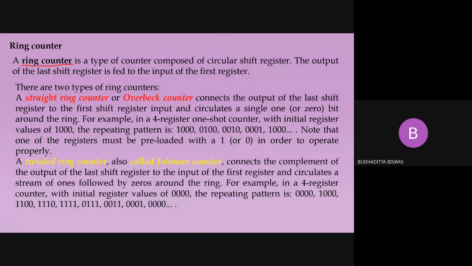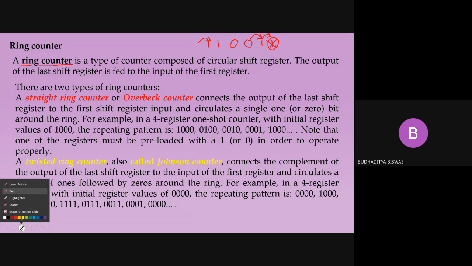Suppose this is a 6-bit data, 1 1 0 0 1 1. If we give it to only a right shift register, then on the occurrence of the next clock pulse, the last bit vanishes, it is gone. Its place is occupied by the next data, and the first place is occupied by the data supplied by the user. This is the concept of the shift register.